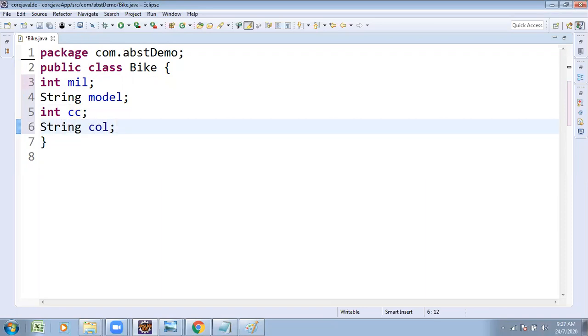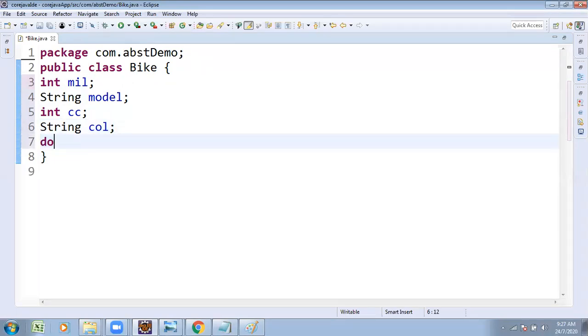Model, mileage, CC, color of the bike. Apart from that, price is also there, like several common fields, double price. Now I'm going to declare those variables but not initialize them.